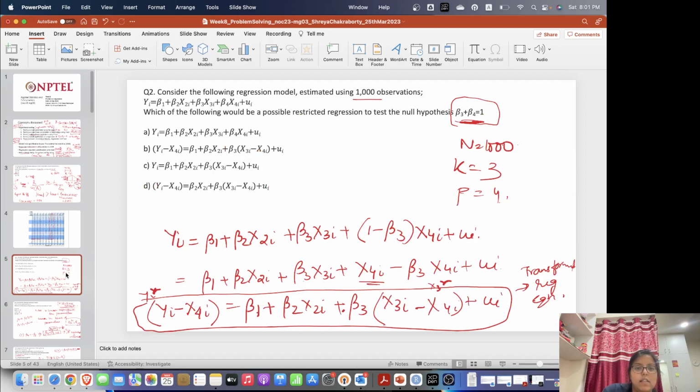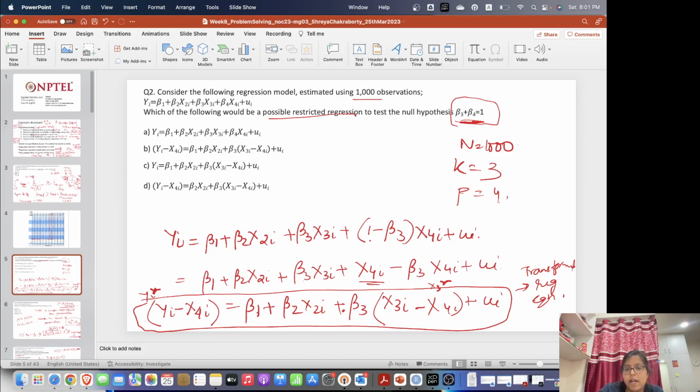Okay, and the second question was this, that we considered the following regression model. It was estimated using 1000 observations. Which of the following would be a possible restricted regression to test the null hypothesis beta 3 plus beta 4 equal to 1? So whatever restricted regression we say, what we do, we try to implement this restriction in our model. So doing that,